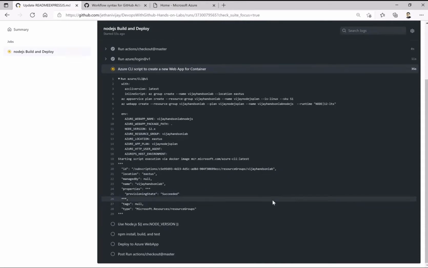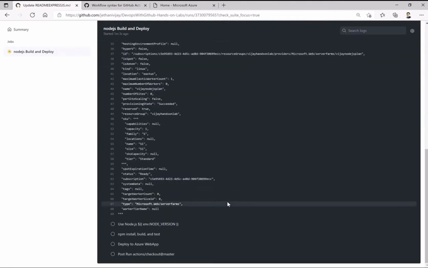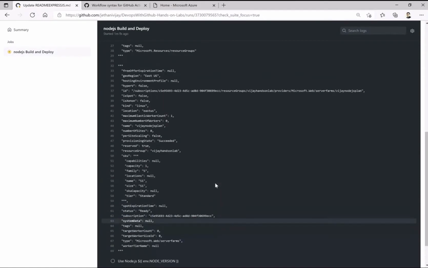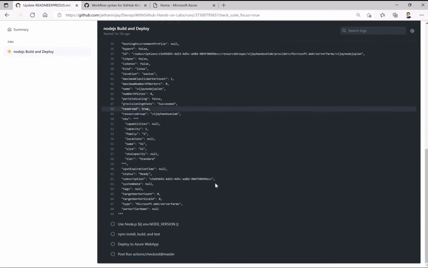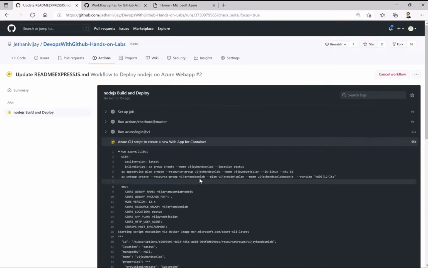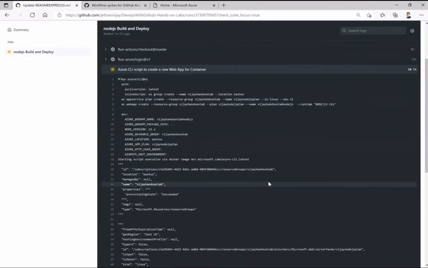Let's see how it creates an app service plan based on this instruction. So it created a plan for me. Now the third step is to create a web app with Node 12 LTS version.